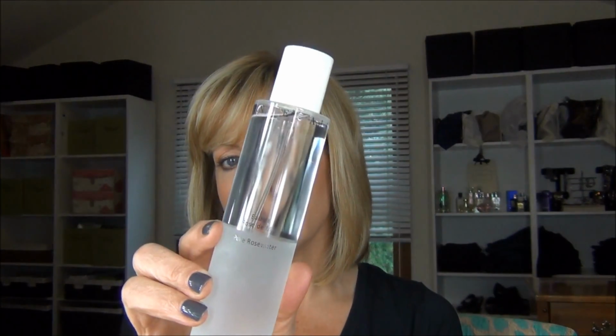Okay, a couple other things that are new to me that I am in love with. The first one is a Chantecaille product, the Chantecaille Pure Rose Water. This is just a face mist that you can spray on anytime during the day to rehydrate your face. I like to do it when I'm having a stressed out moment as well, because the smell is, I'm not a person who loves the smell of roses, but this is just a beautiful, beautiful, soft